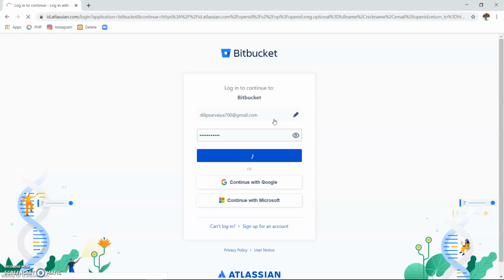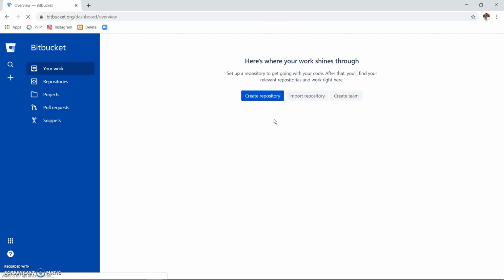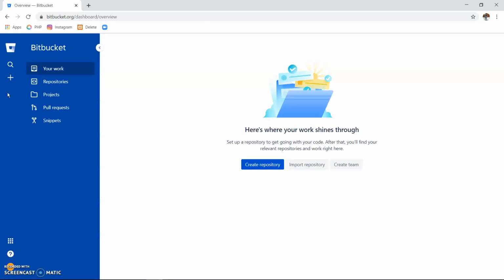When my login is successful, I will move into the dashboard of Bitbucket. So this is the dashboard of Bitbucket.